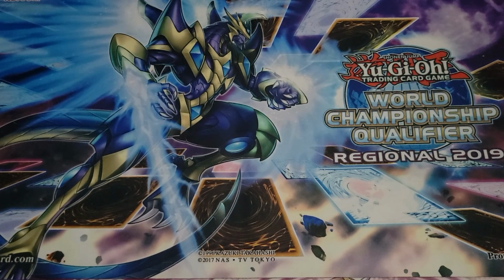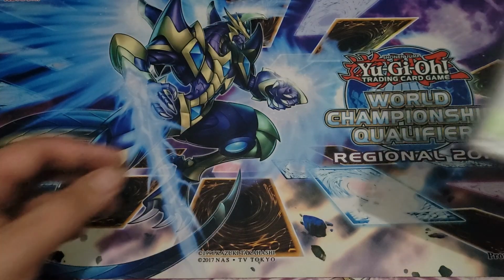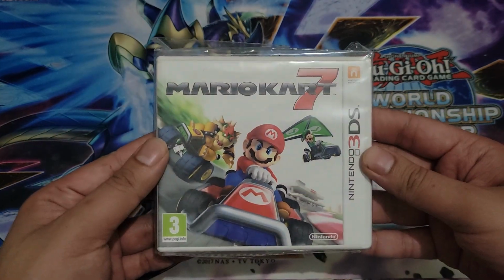Okay, besides Nintendo 3D Land that I have digitally on the 3DS that I bought, I have physically here Mario Kart 7,